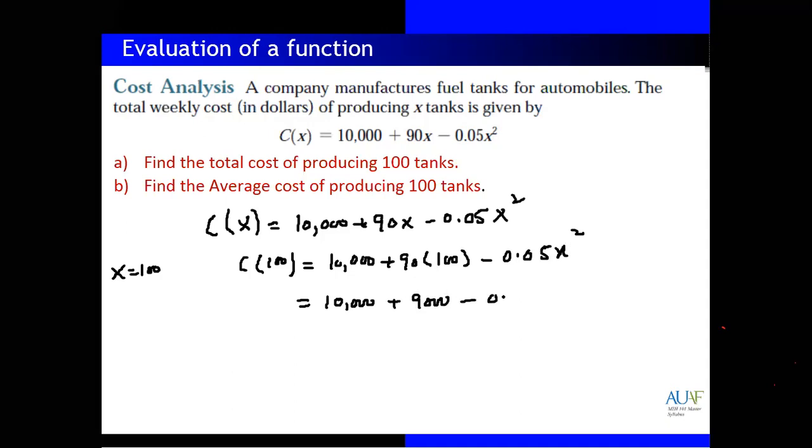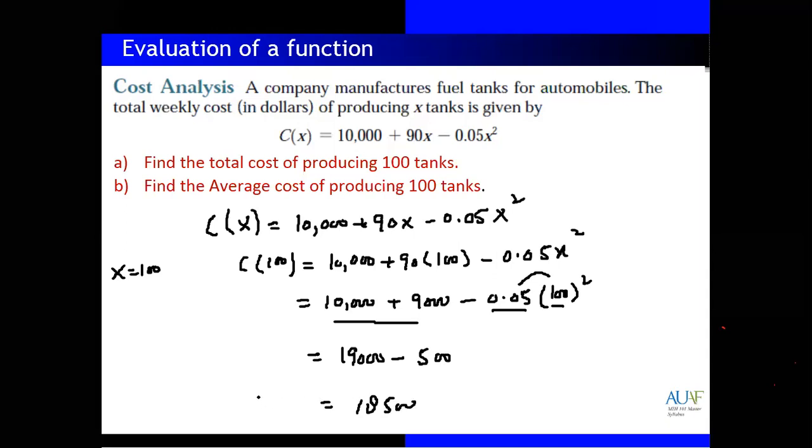Minus 0.05. Sorry, again here replacing x with 100. So 100 square. So when you add these equal to 19,000. And if you take square, 100 square is 10,000. And when 10,000 multiply with 0.05, equal to 500. You can simplify this one. So final result is